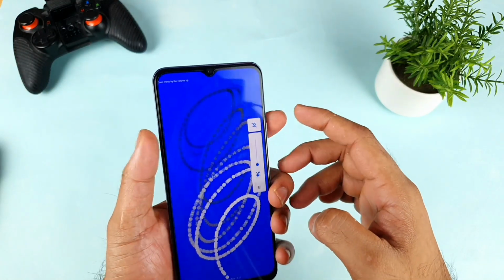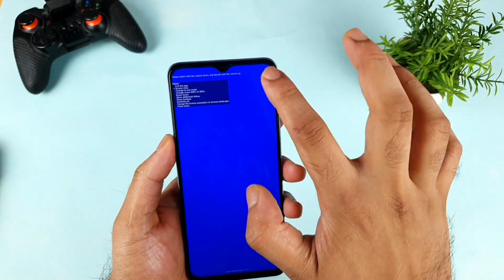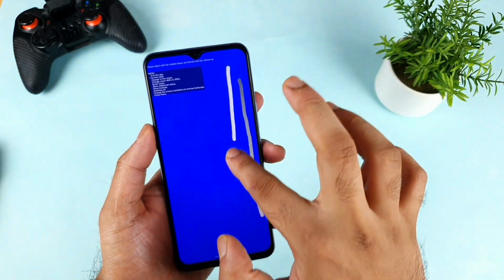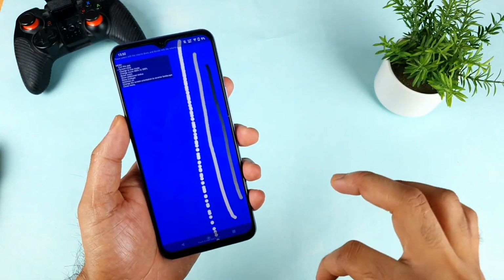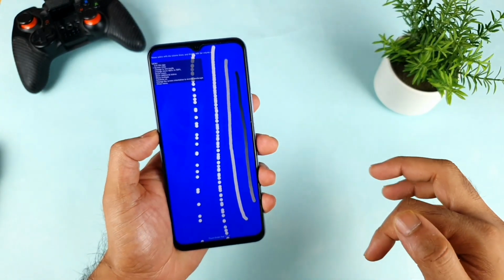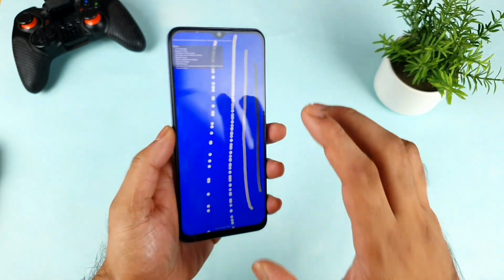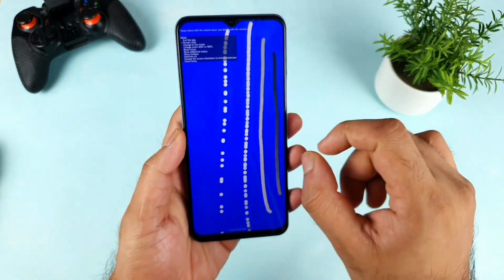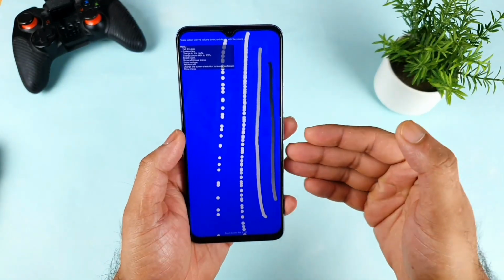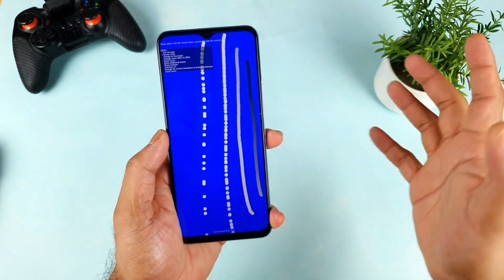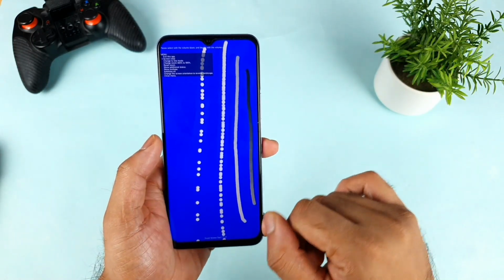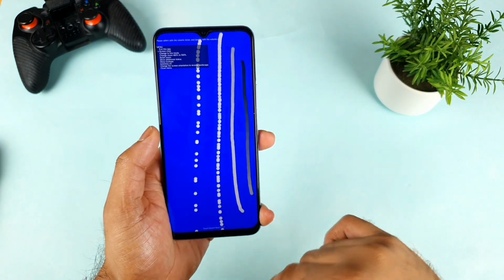Let me quickly clear the screen. This is with a slow movement, and this with a little bit of fast movement, and this with a fast movement. As you can see, this is very fast. You can clearly see the difference here, friends. The phone has got only the 180 Hz touch sampling rate. That is the reason you are able to see these little gaps. If the phone had 360 Hz, for example, or maybe 480 Hz, that would be really smooth even when you're moving the finger really fast.